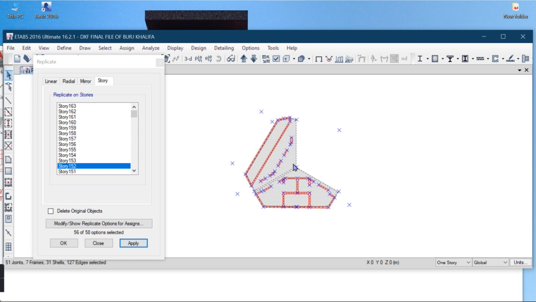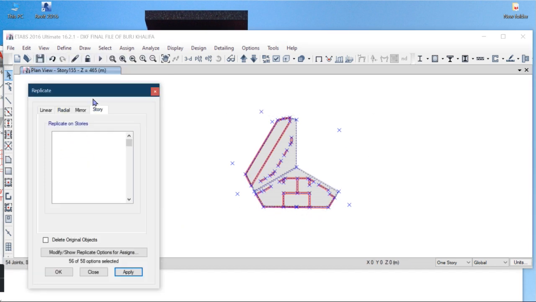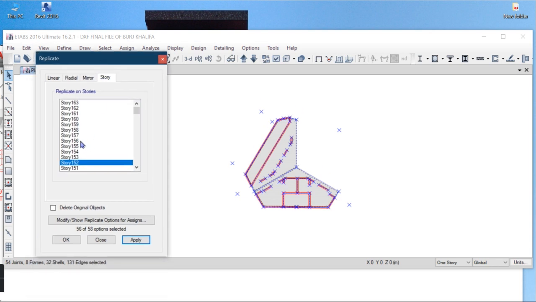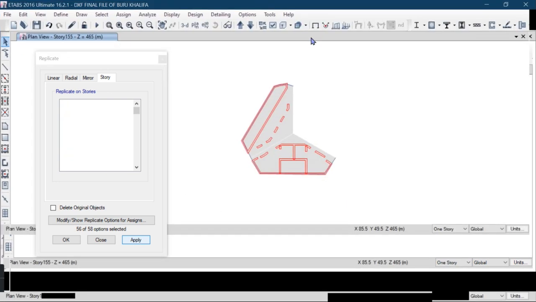Then replicate it to 159 floor. So at which we are 155 to 156 to 159. Done. Then you have to remove this part.